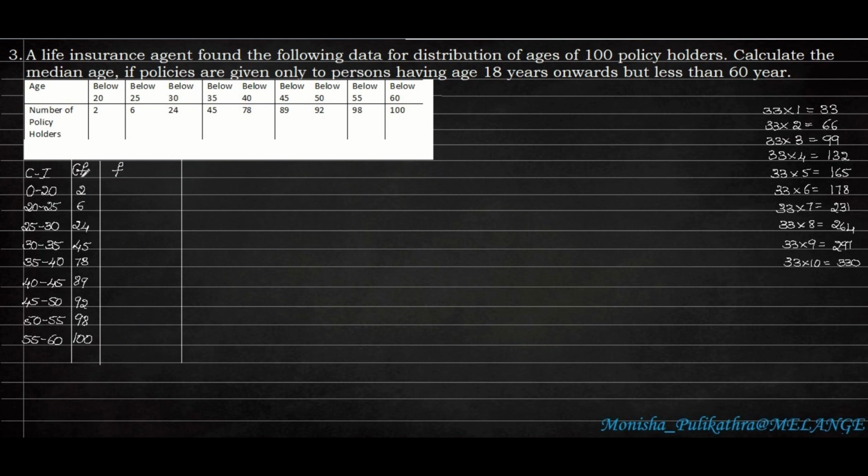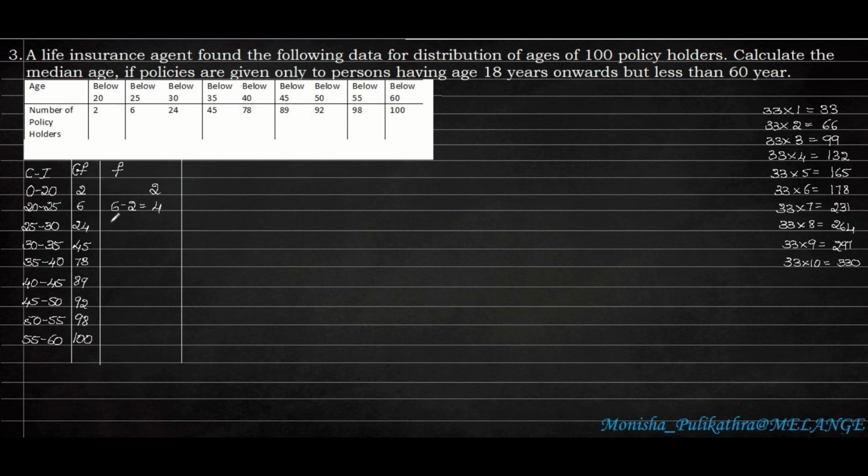Since cumulative frequency is done by adding one number to the other, frequency should be found by subtracting. The first number we have to write as it is, that is 2. For the second number we have to find the frequency. We are calculating the frequency now. So we have to subtract the first number from the second, that is 6 minus 2. So 6 minus 2 is 4. Okay, so next, you can't take this 4 here. You have to just subtract the previous number from the next number.